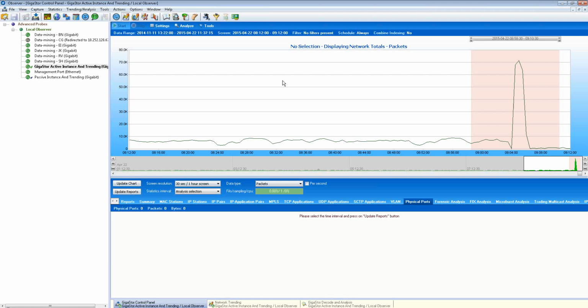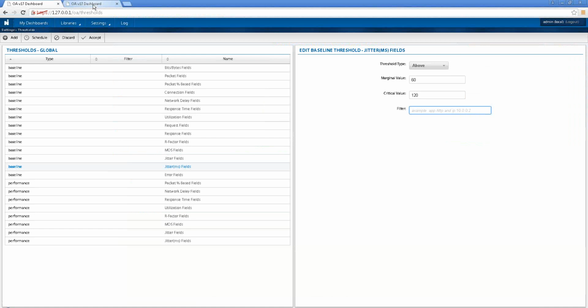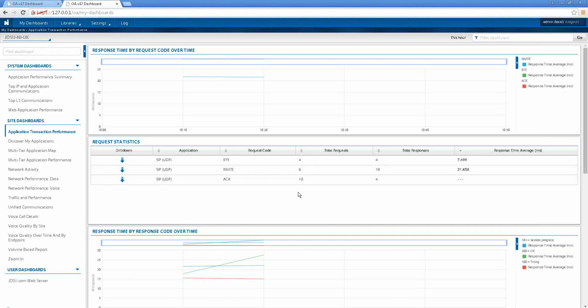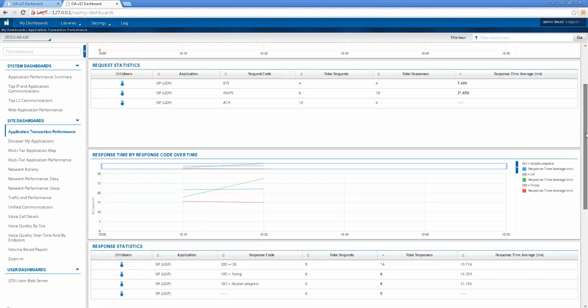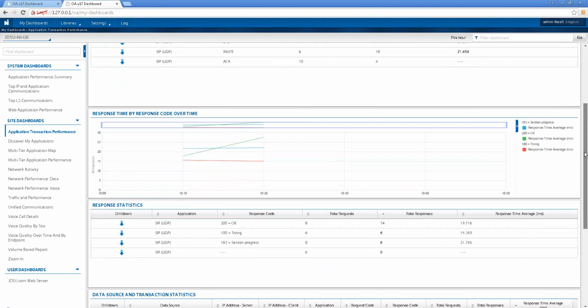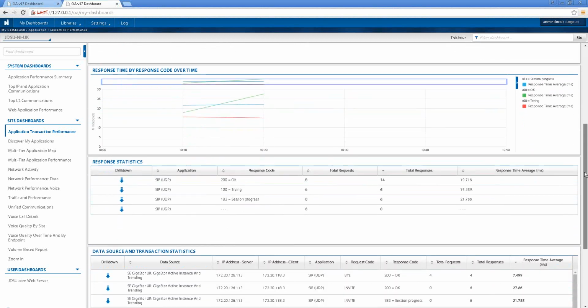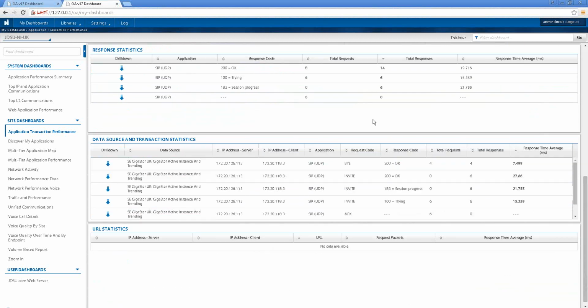Perhaps we need to use the reporting first. So in this way, we can go to some of our dashboard views that we have here. I think this one might be one of the ways in which we could use it. This dashboard is actually looking at the SIP transaction codes. So maybe we see some kind of problem. Perhaps we've used this to set our alerting, and then before we get notified and we know what time we need to go to, we see that perhaps there were some SIP errors occurring on the network, which could be causing voice problems. Perhaps we go back to our dashboard that we saw earlier, where we are looking at the individual